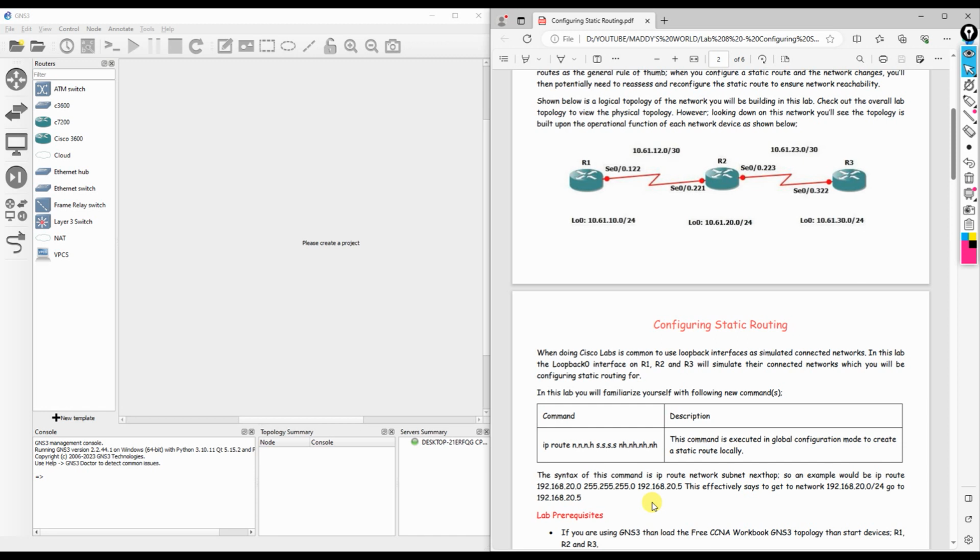Today we are diving into the world of routing and we are going to understand the fundamentals of configuring the